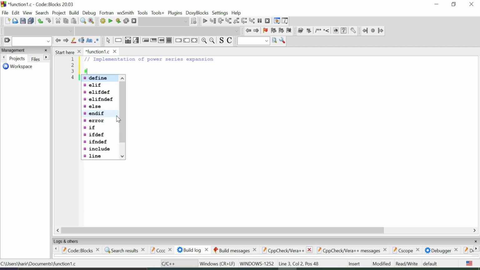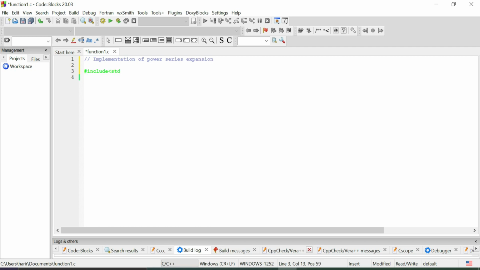Here I will write #include <stdio.h>. I am supposed to use two functions, right? I will declare int power(int, int). This is to find the power of a given number.